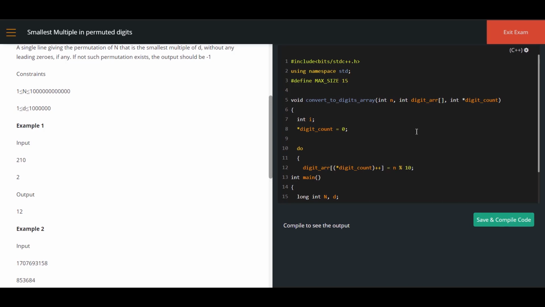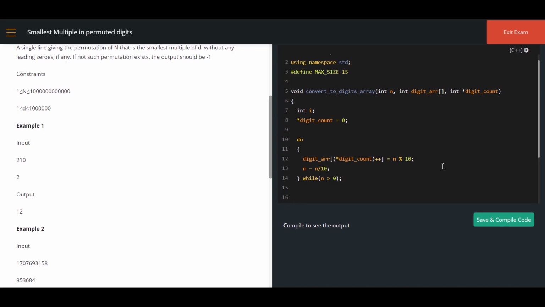I have taken the number, I am doing the modulus operation by 10, and I am going to store the value in the array. The index value I have used is digit count because it starts with 0. So I have used this as an index value. Then what I have to do? n equal to n by 10. That's all. Here, do while loop, I have to give the condition for the while loop, right? So while n greater than 0. If n is greater than 0, I can iterate the loop again and again.